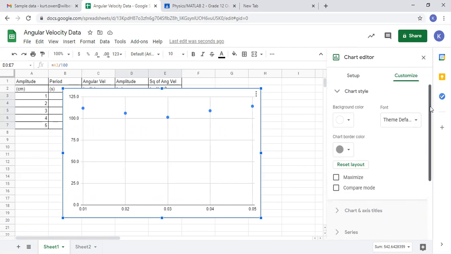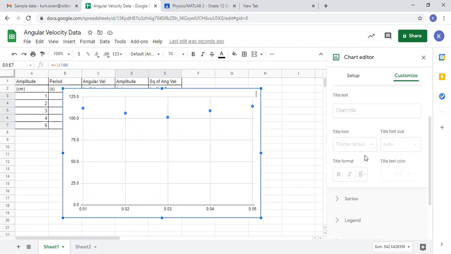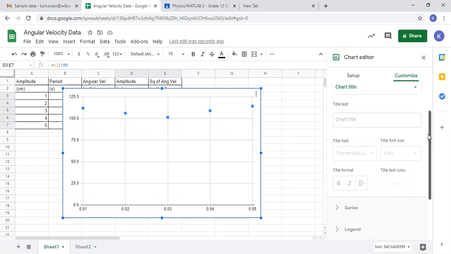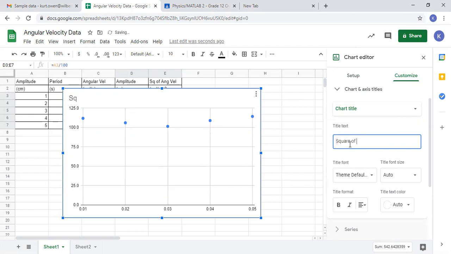I like everything about it so far. Chart axis and titles. Okay, so when I go there, chart title. Need to add one. So the chart title should be, you can write it out, maybe square of angular velocity versus